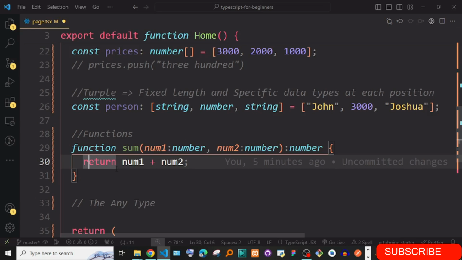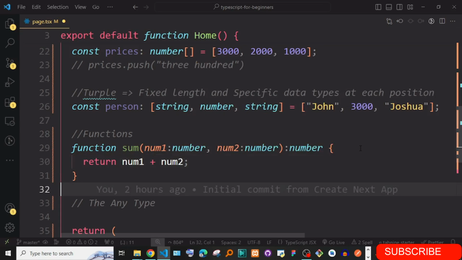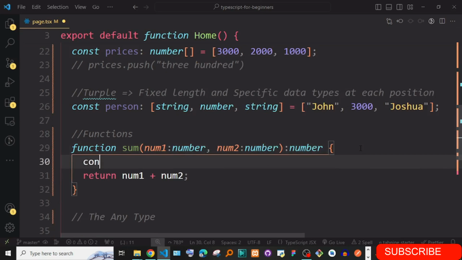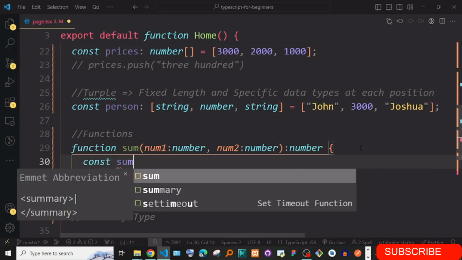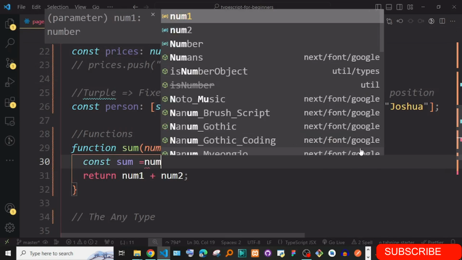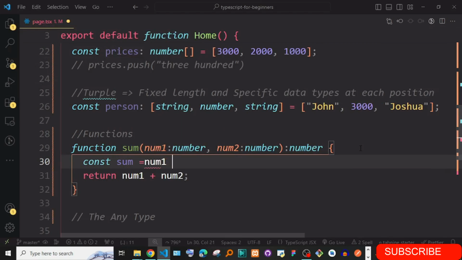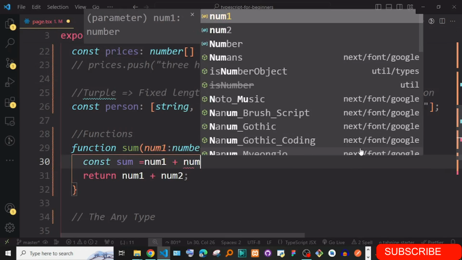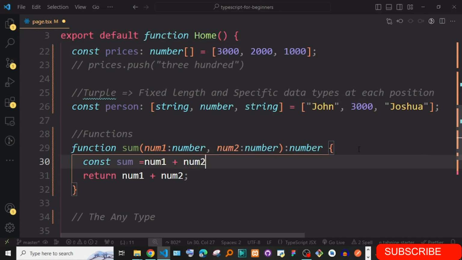It will know that it is returning this. So for instance, if I come here and say const sum is equal to num1 plus num2, and then let's just say return.